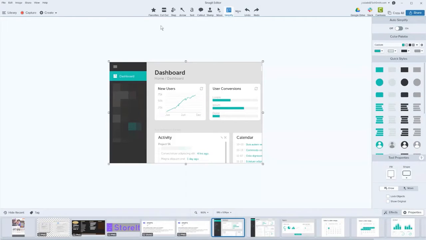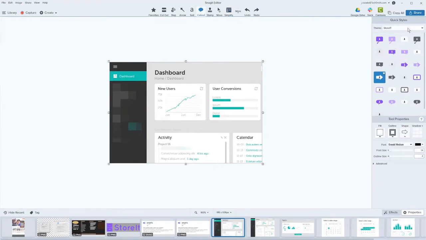Can you show, let's say you want to go in and edit that theme that you've created? Can you show how to both go in and edit it as well as how you might share that theme with somebody else so that they can import it into their Snagit library or Snagit editor? Sure. To do both of those things, underneath the drop down menu for the themes, you simply